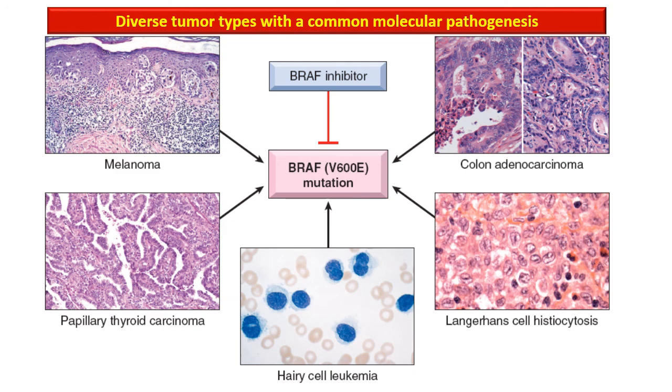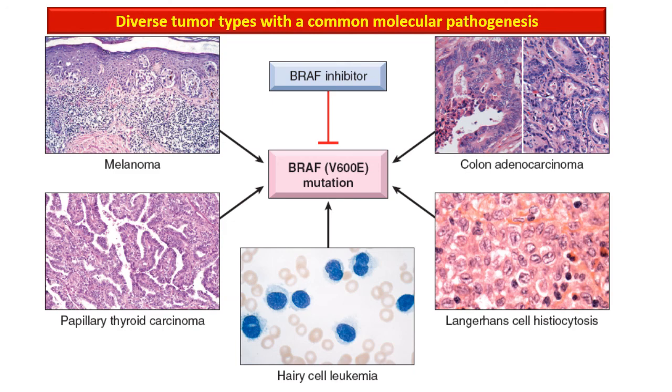For example, the BRAF mutation, that is the gain of function mutation in the serine threonine kinase BRAF, a component of the RAS signaling pathway, is seen in various tumors such as hairy cell leukemia, melanoma, colonic carcinoma, Langerhans cell histiocytosis, and papillary carcinoma of the thyroid. Together, all these tumors are termed BRAFomas due to the presence of the same genetic mutation.